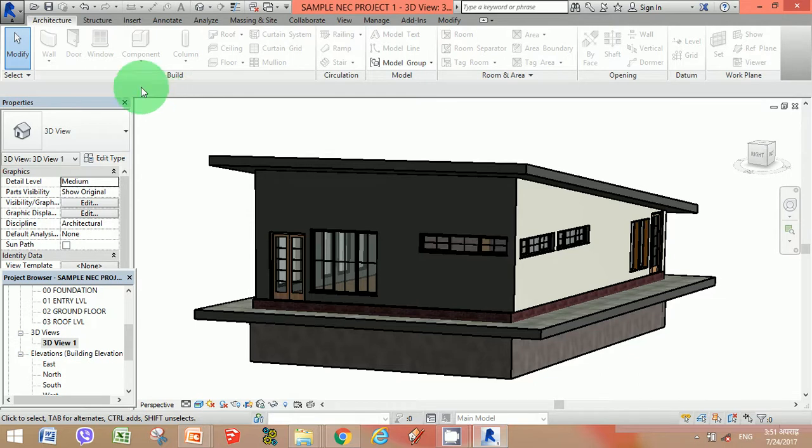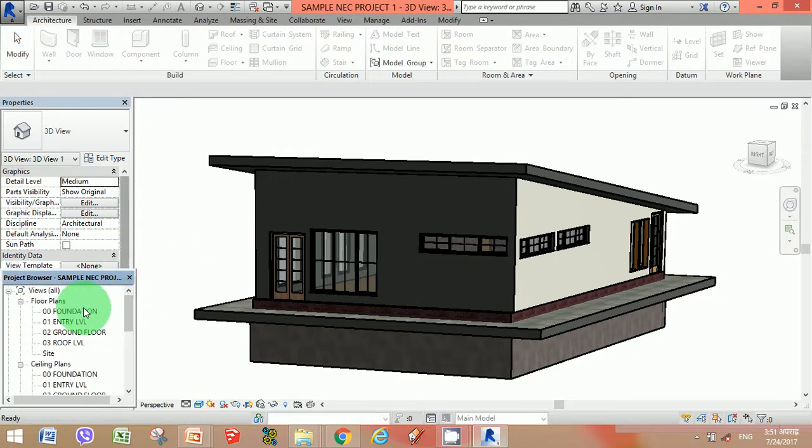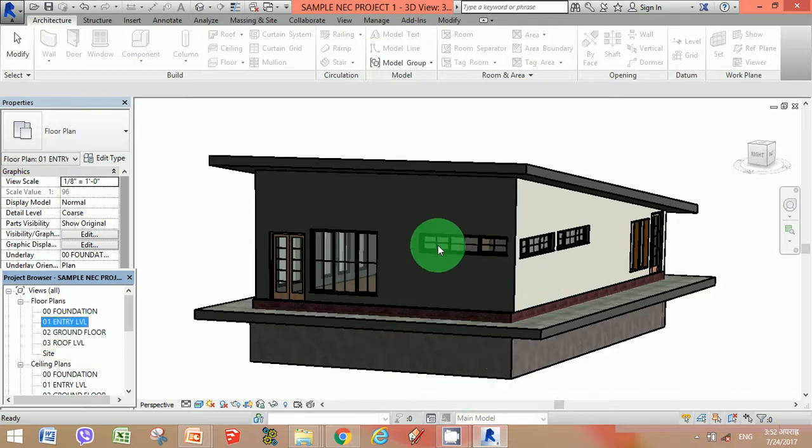So here we completed our basic tutorial for Revit Architecture. Likewise, you could do other projects as well. You could go and browse through your designing, and you could do other designing as well in this software.